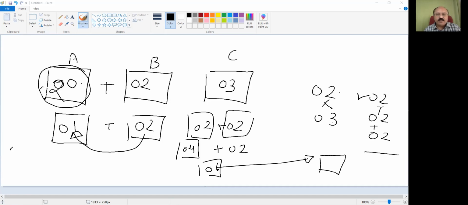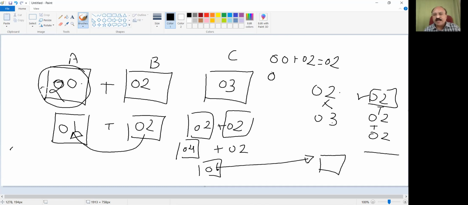Add the content of register B to the accumulator. Now the accumulator is already initialized to 0, 0. This best practice has come in handy now. So when register B is added to the accumulator, the accumulator is already 0. So when we say here first time 0, 2, what are we adding? We are adding 0, 0 plus 0, 2. And the result will be stored in the accumulator as 0, 2.